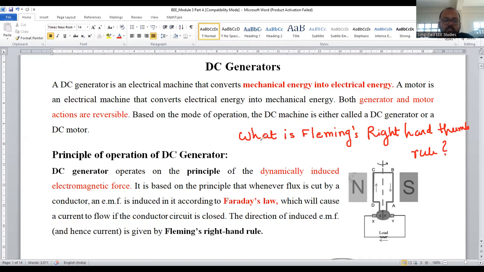In this session, I'm going to discuss the meaning of Fleming's right hand thumb rule, and how it helps to identify the direction of induced EMF and current in a particular DC generator. So moving on to the discussion,